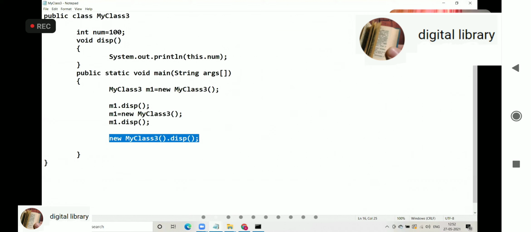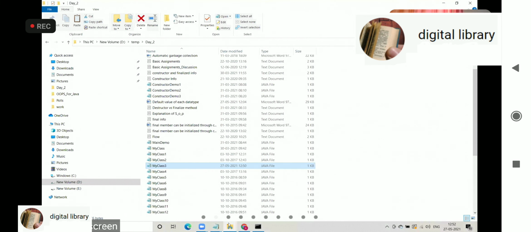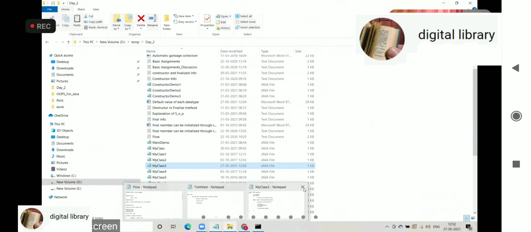This is 1, this is 2, this is 3. If you write new MyClass3.display again, that will be the 4th object. Can we use multiple functions with an anonymous object? No. Okay. Can you mention in the code that it is an anonymous object in a comment? So I have to mention it here in the notes.